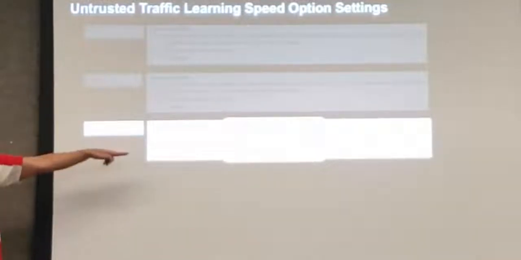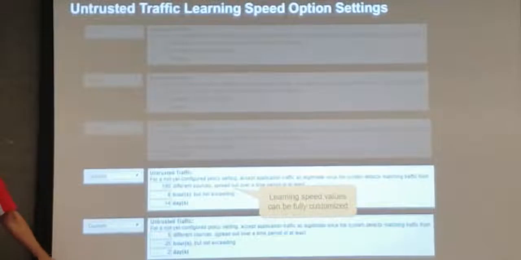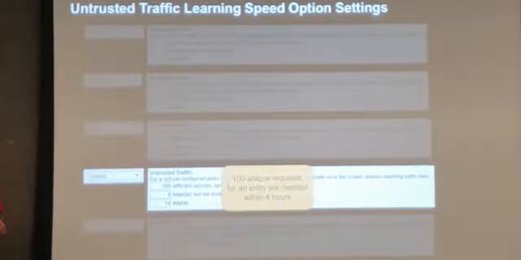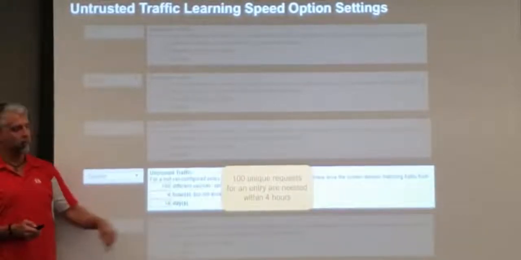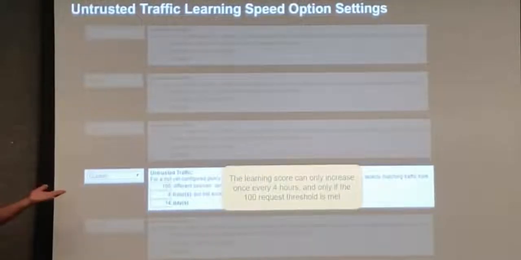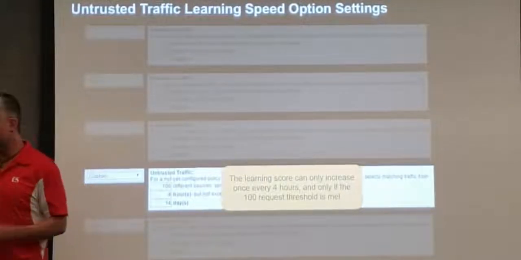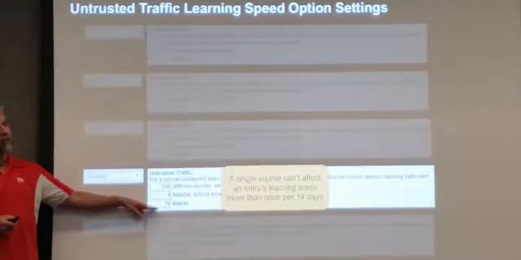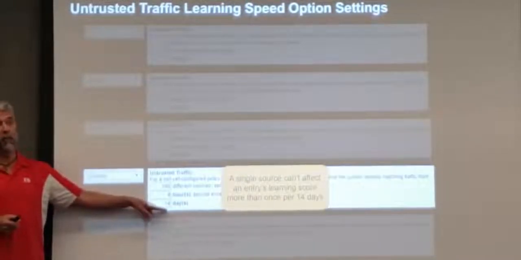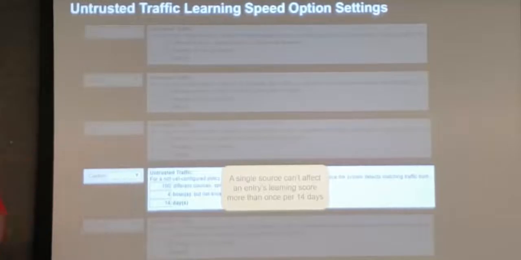These are not the only 3 options we have. We can make them whatever we want by choosing the custom option. In this example, I am now requiring 100 unique requests within a 4-hour window of time. The learning score can only go up no more than once every 4 hours, and only if we hit 100 users in that 4 hours. And one source can't affect the learning score more than once every 14 days. With these settings,